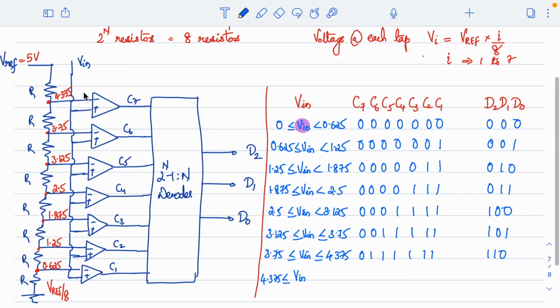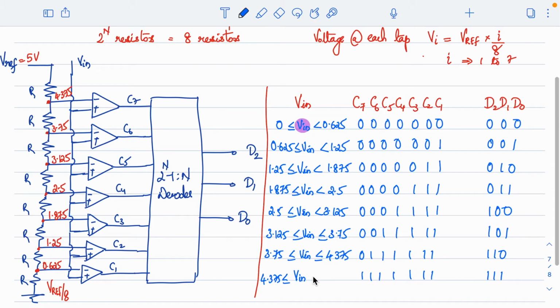Now if your input voltage is more than 4.375 only, you will have all these at 1, and that will result in 1, 1, 1. Yeah, so this is how